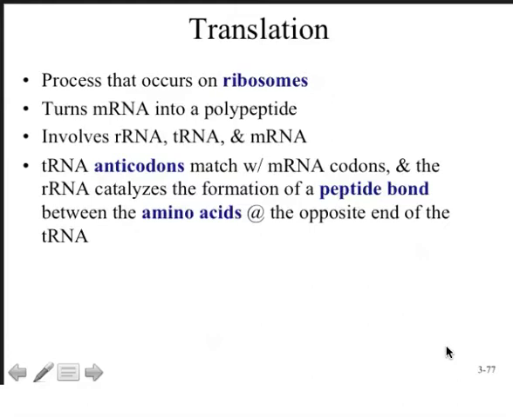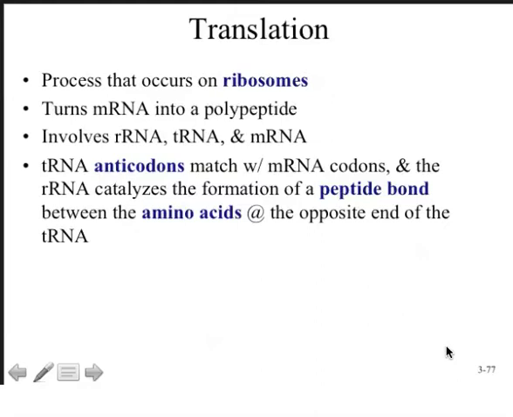And so what happens is that we proceed 3 bases at a time from the beginning to the end of the message, and we incorporate now the appropriate transfer RNA that contains the codon that's going to be a match to the anticodon. They're going to show complementarity. That's how the ribosome knows that it's selected the right molecule, and it'll move down 3 bases at a time